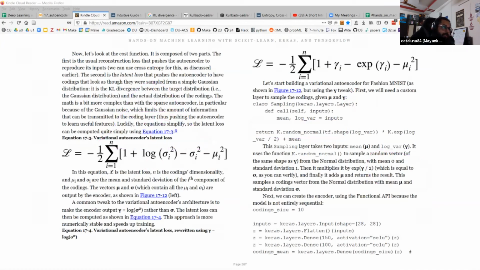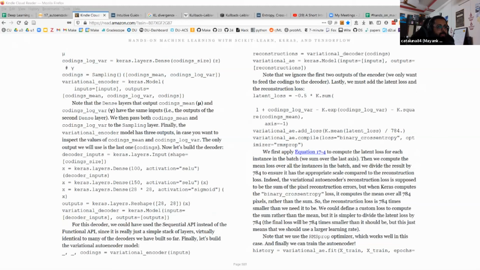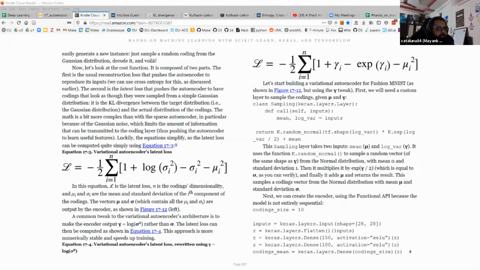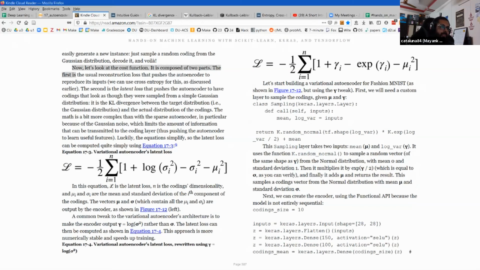So where they are trying to create this kind of a latent space or the coding, they have a variational encoder in place where they want this kind of a Gaussian distribution to be invoked in your underlying latent layers with respect to the